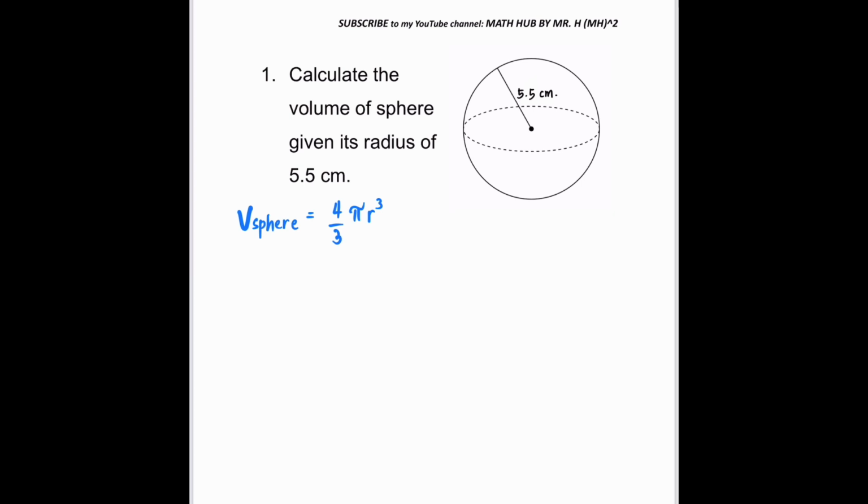All right, so to calculate this, what we need to do is to simply plug in the measure given, or the length of the radius, which is 5.5 centimeter, to the formula. So we're gonna have 4 over 3 times pi times the radius is 5.5 centimeters, so we just substitute that. So the volume of sphere will be equal to,